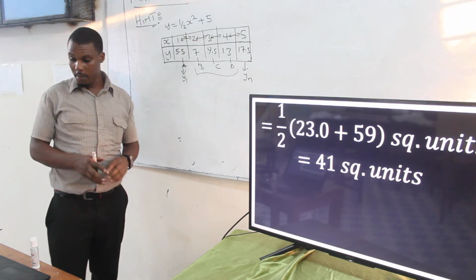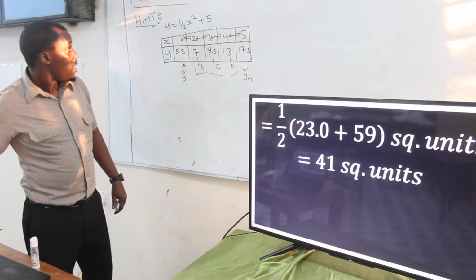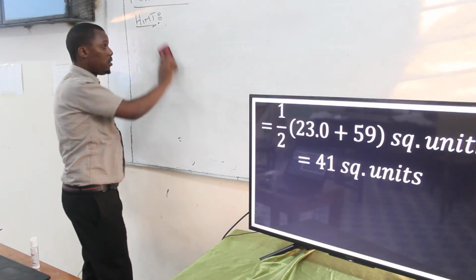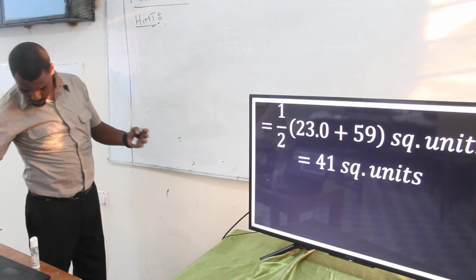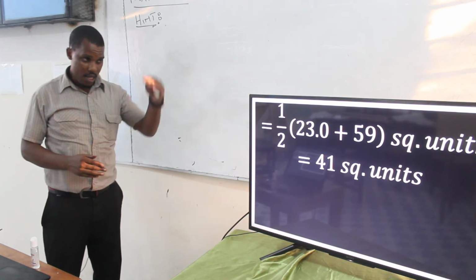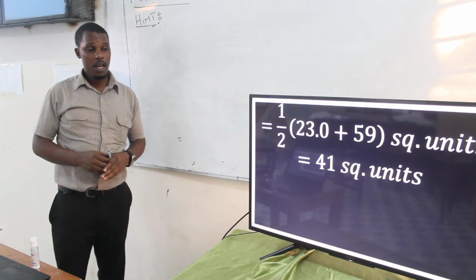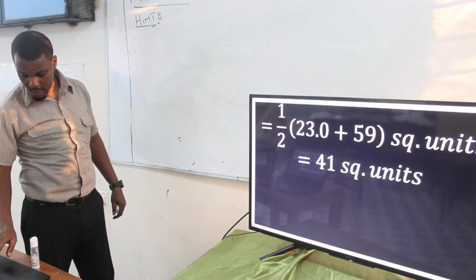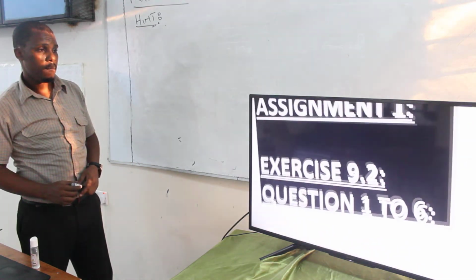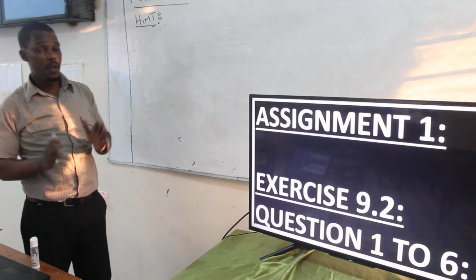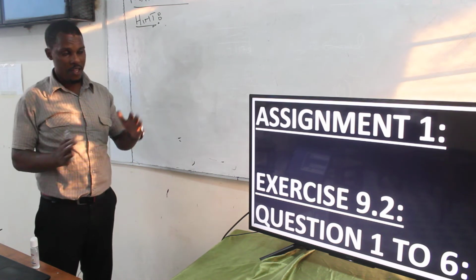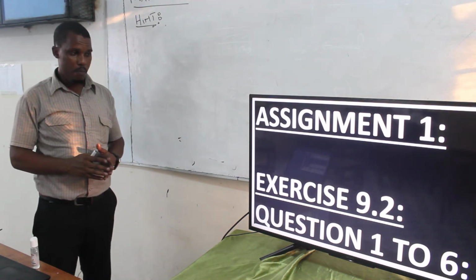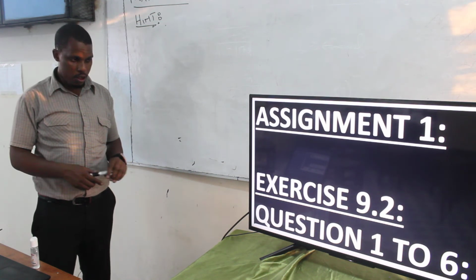So I'm going to give you the assignment. This assignment is supposed to be done in your book, but before you do it, you should have the notes. Then after the notes, you have those examples that I've given you, and after those notes is when you come and attempt this exercise. In your exercise book, remember you have 2 books, one for the notes and the other one for the exercise. Don't forget that. So my assignment is going to be on exercise 9.2.